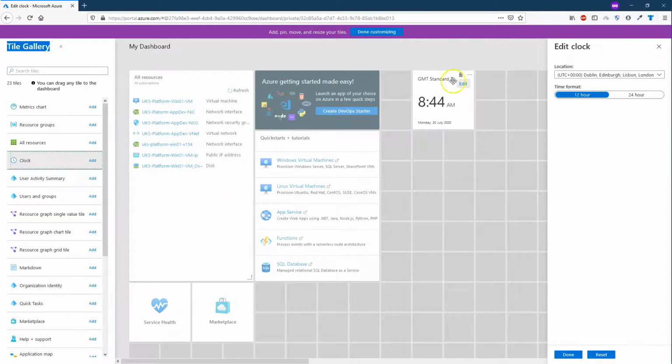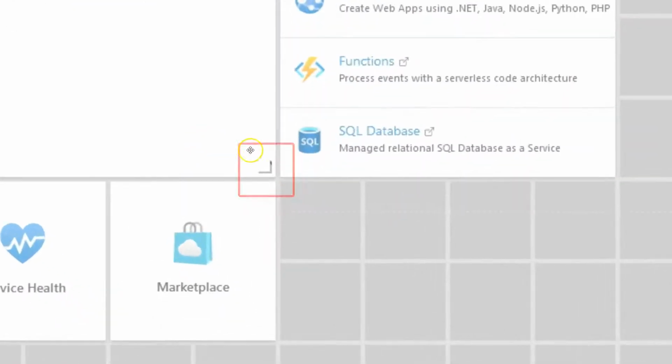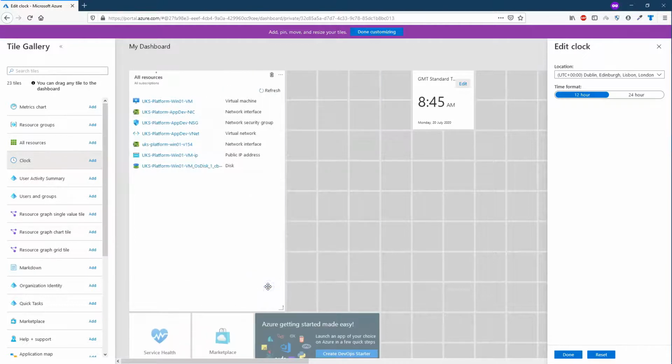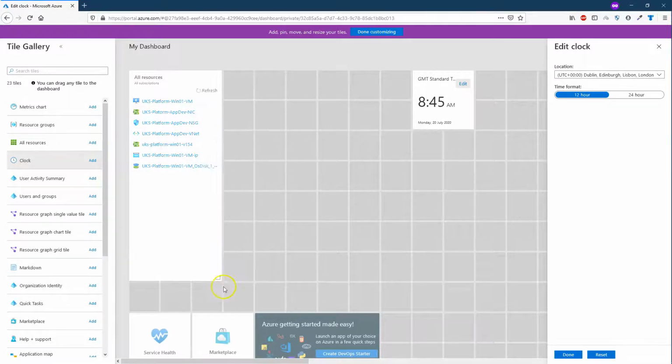Context menu of the tile displays some predefined tile sizes. Some tiles can only be resized according to those sizes. But some tiles can be resized to any size we want. If this handle appears at the bottom left corner of the tile, then we can resize it to any size. Dashboard editing also can be started by resizing these tiles by this handle.